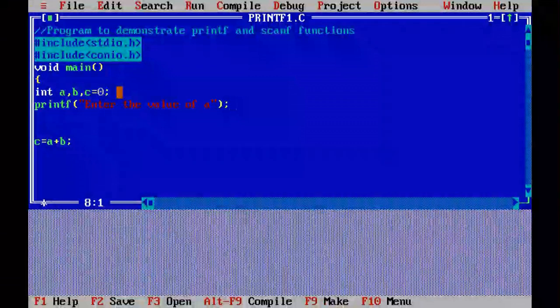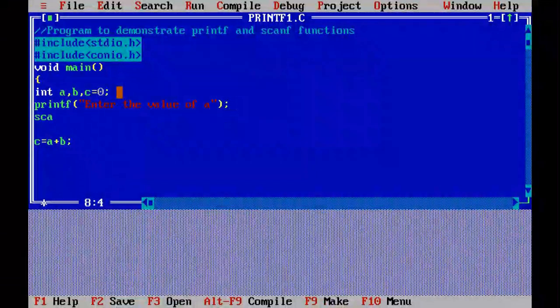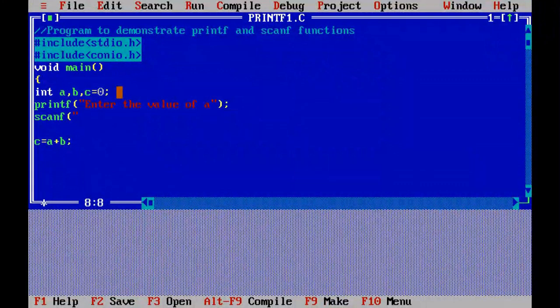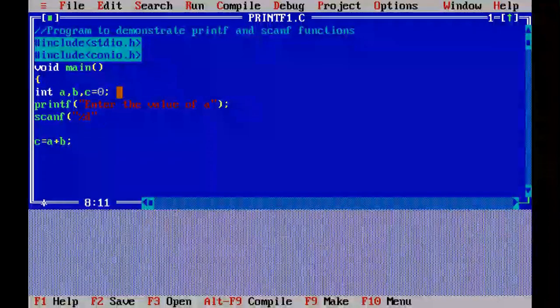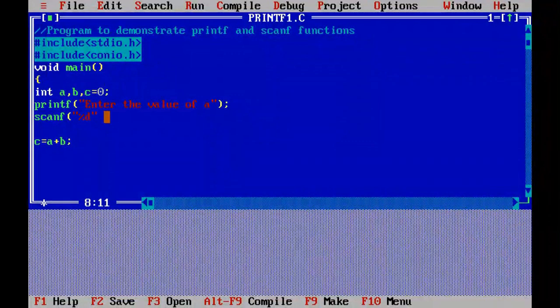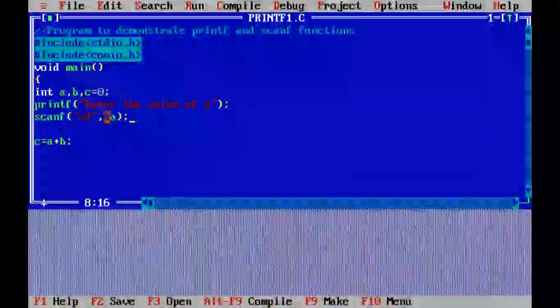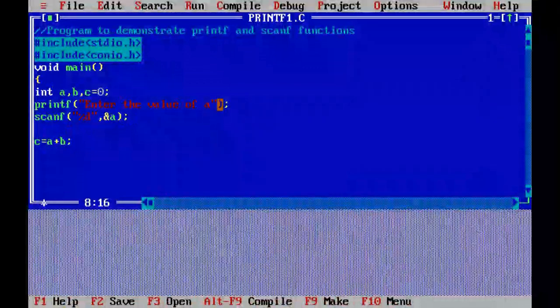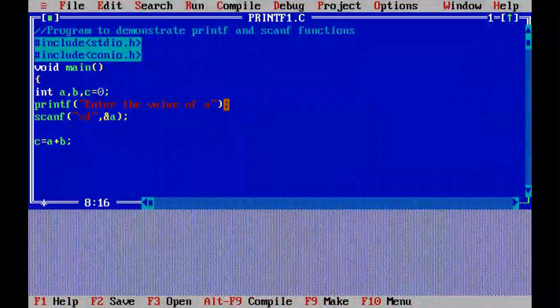Now I will write scanf, then the format specifier %d because of the numeric value, comma, &a. What it means: whatever value you enter here will be stored at the address of a.